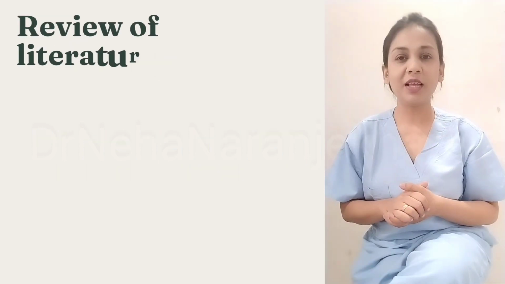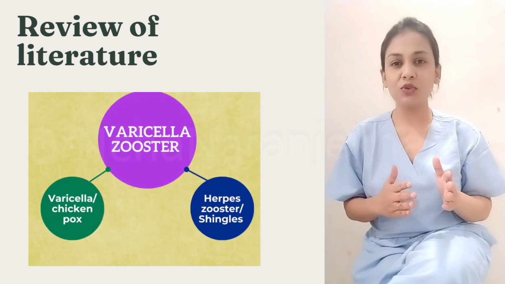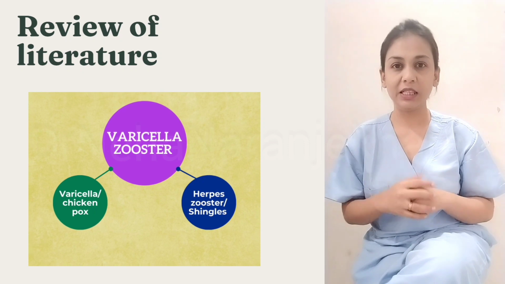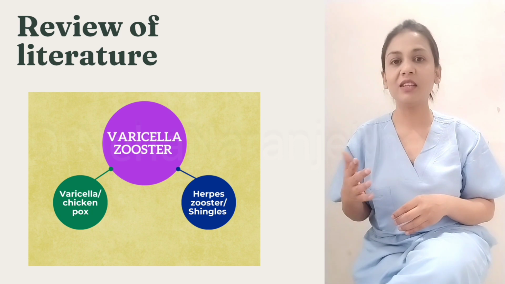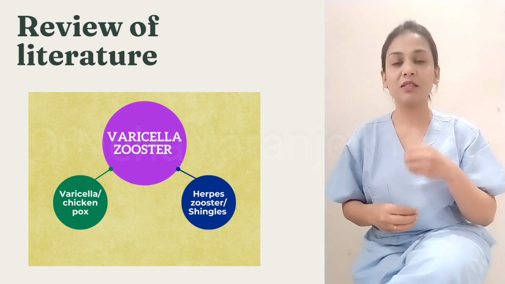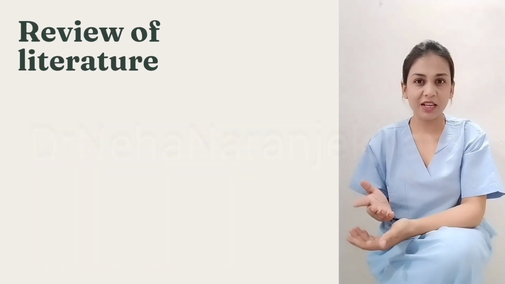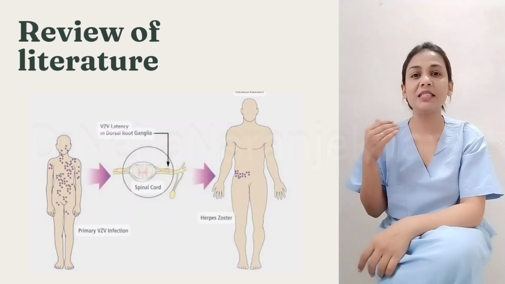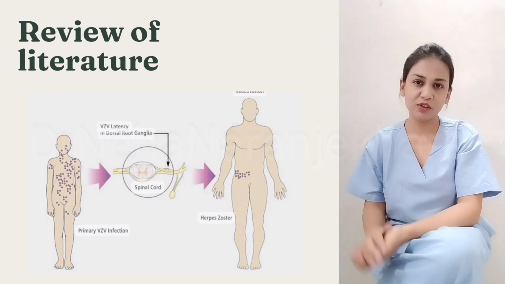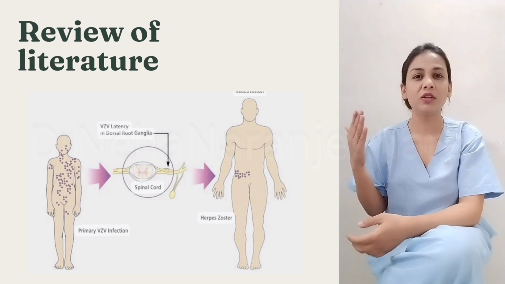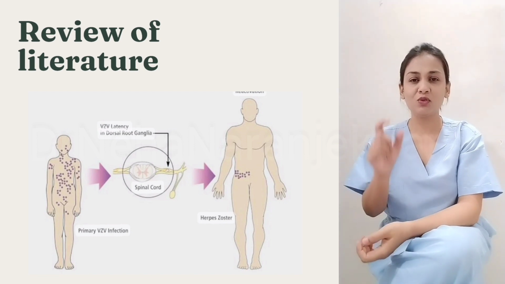So now, before going to the diagnosis, we should know certain points about herpes zoster. Varicella zoster is responsible for two major clinical infections of humans. The first is varicella, which is called chickenpox, and the second, the latent infection, is zoster, which is also called shingles. Chickenpox is a generalized condition; when it is healed, the virus remains latent in the dorsal root ganglia of the spinal nerve, and under immune suppression there is reactivation of this virus, and the vesicle formation or rash occurs along the course of the nerve,